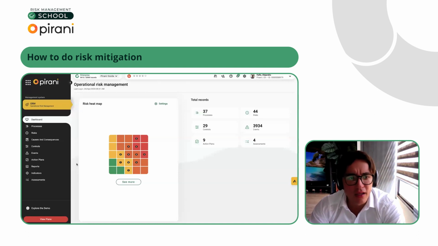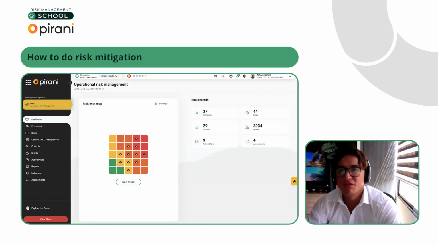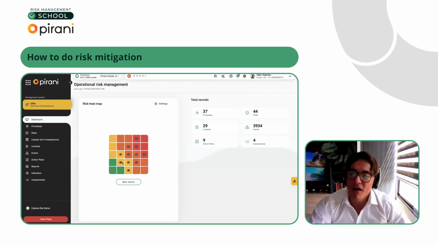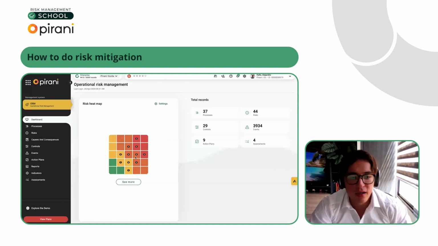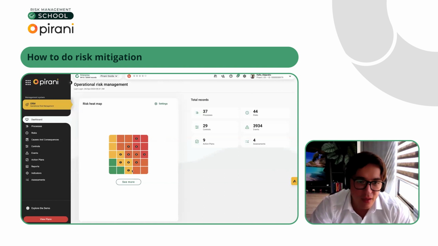So let's go see this specific example in a risk management software. Remember, in Pirani, we have a dashboard that looks something like this. We have the risk heat map, which in this example has 5x5 settings, the yellow, green, orange, and red areas, showing where my risks are located.